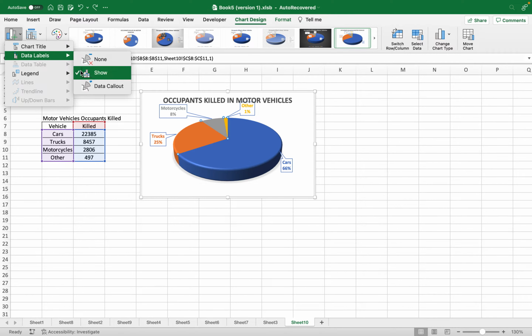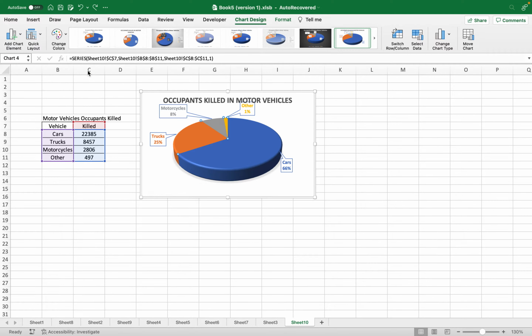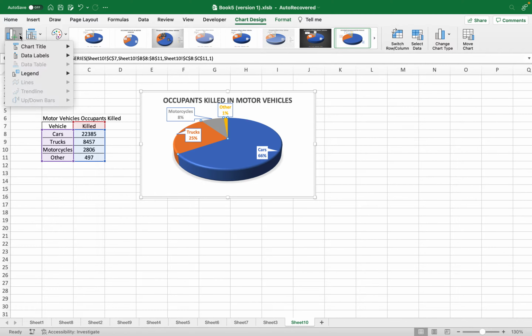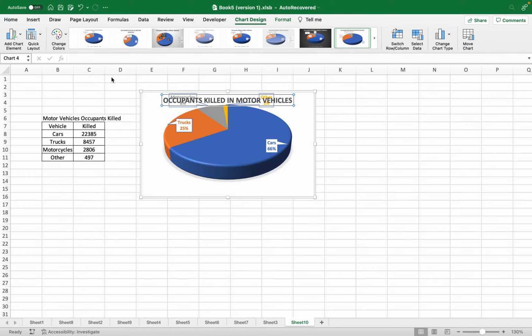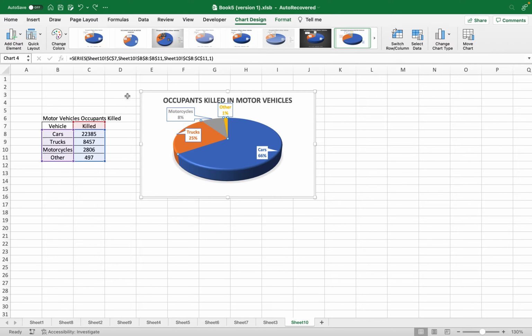So I actually already have the callouts, but I don't know the difference between those two options. Well, anyways, you have a few different options. Same with the title. Above the chart, centered overlay. I kind of want to go back like how we had it before. The last option,